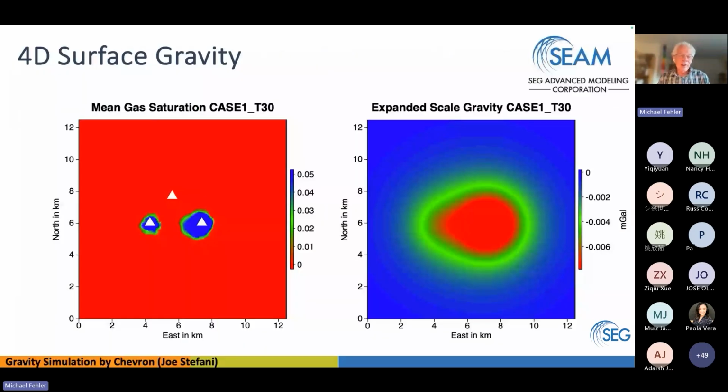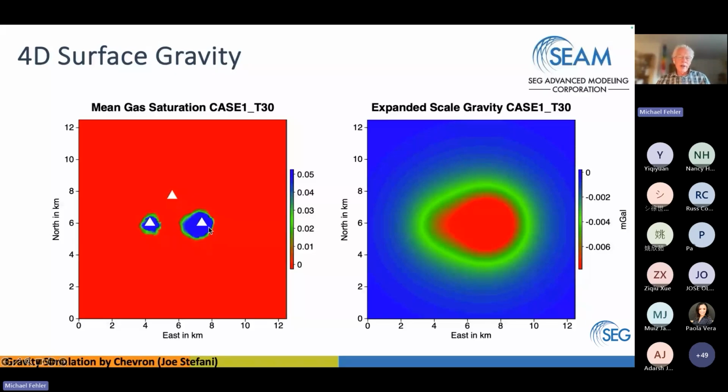Gravity: Joe Stephanie at Chevron did some 4D gravity. Surface gravity, as those of you who work with this probably know, gives a response, but the response is too small to be observed in the real world. But this is the surface gravity response. On the west side, I've shown just where the gas is. It's kind of a radar X-ray of the gas distribution as a function of horizontal position, and you can see the two gas clouds. And this is the contained injection. So you can see the gravity signature is there, it responds to these gas clouds, but it's not big enough that it would be observed in the field.